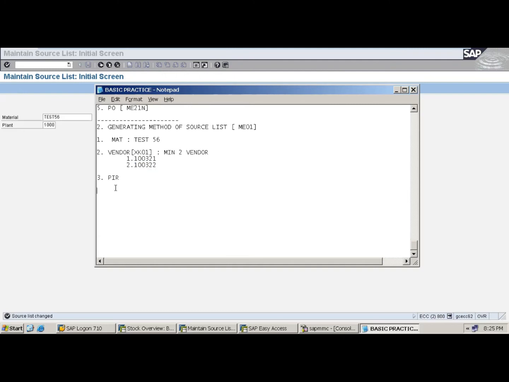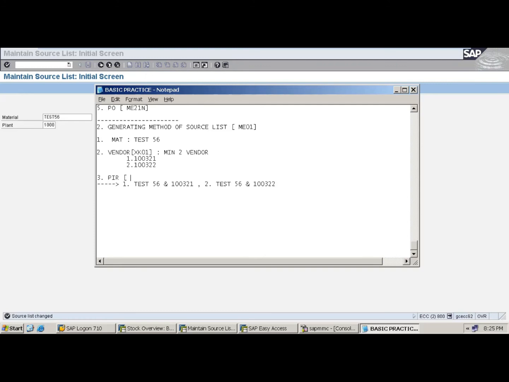Okay, so PIR I'm going to maintain for the first one, test 56 and 100321. Second trial, test 56 and 100322.